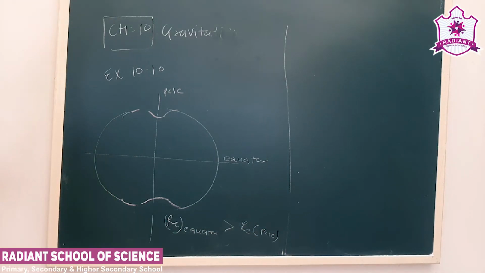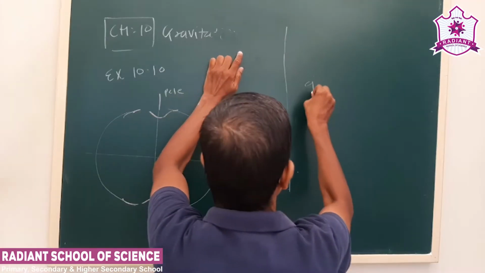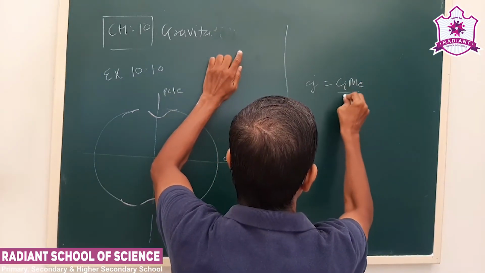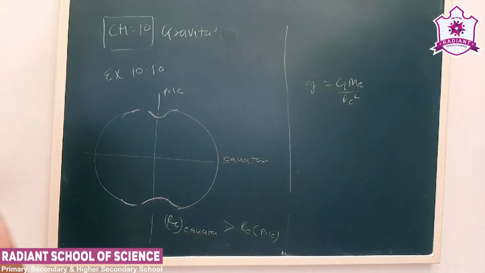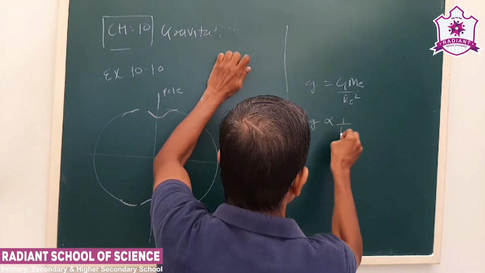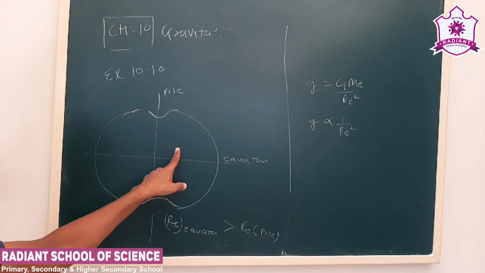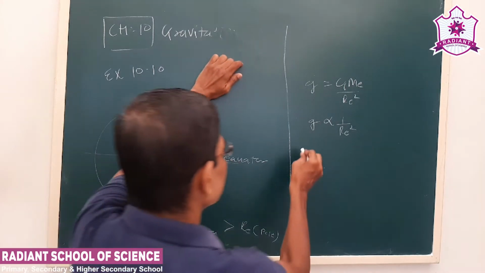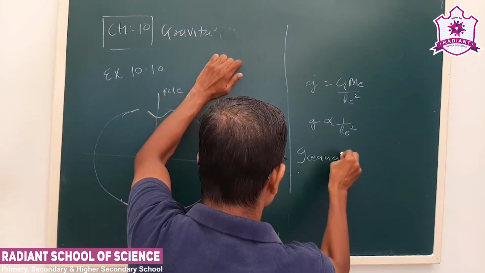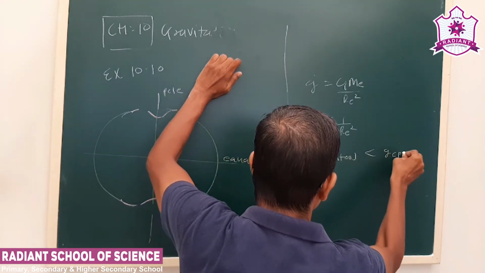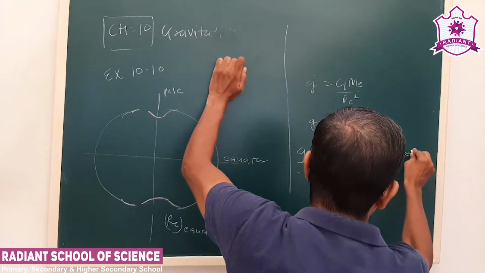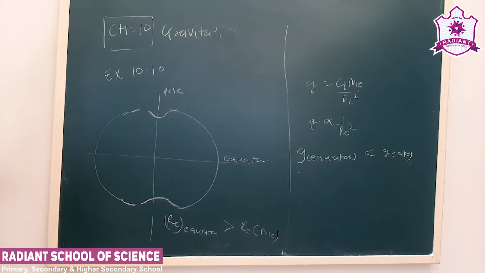Okay. Now see, g is G M E upon R square. Now see, the gravitational acceleration is inversely proportional to the square of the distance. So radius on the equator is more than radius at the pole. So g on the equator will be less than g on the pole. Now see our question. Amit buys few gram of gold at the pole per instruction of the friend. He hands over the same when they meet on the equator. Will the friend agree on the weight of the gold?